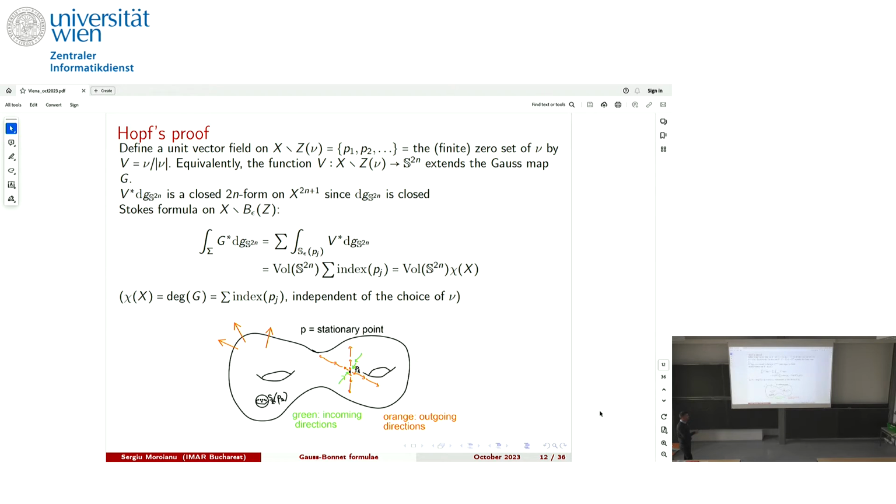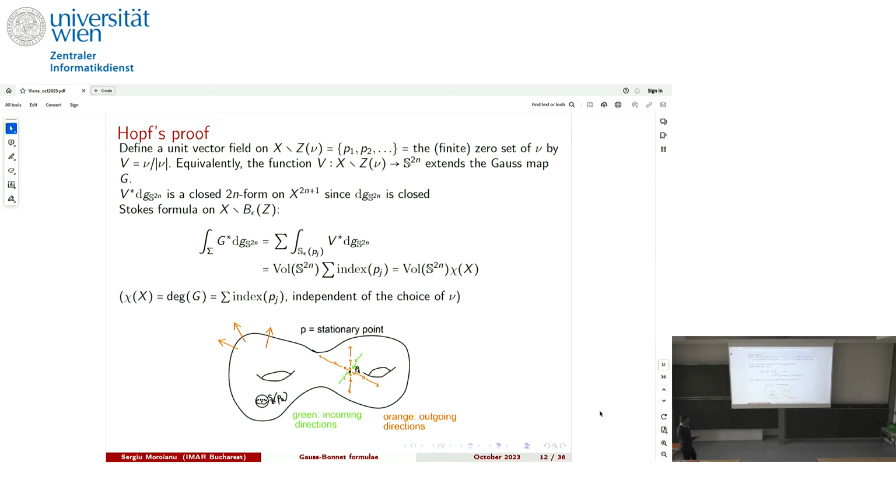So when you integrate, you take the degree of the Gauss map, you can in fact localize it around the singular points by Stokes, because this step here is Stokes. The difference between the two would be the integral on this 2n+1 manifold of d of the form. But the form is closed because it's a pullback of a closed form. It's really a very nice argument